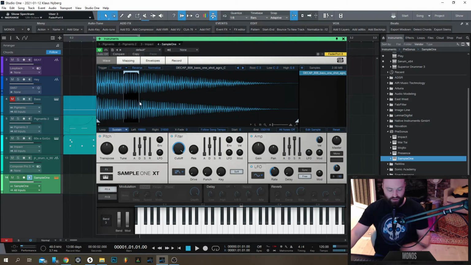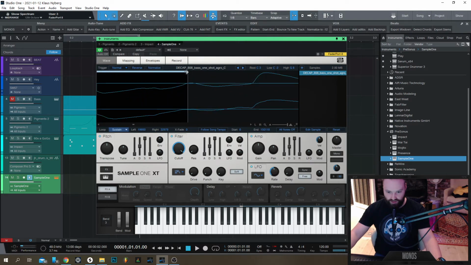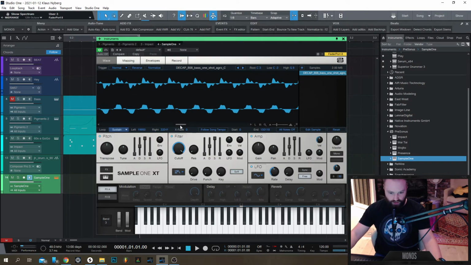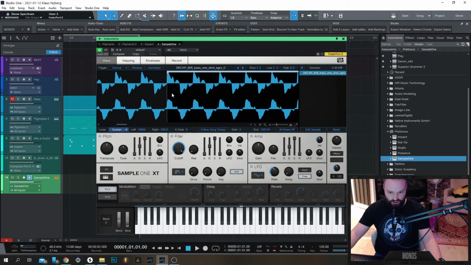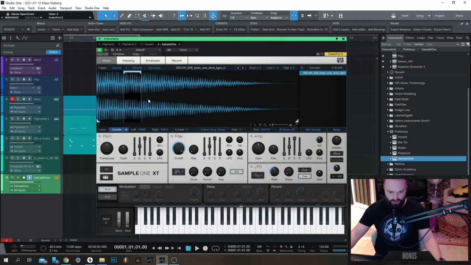And then I need to find a zero crossing. I should zoom in to find it. Say I find this one. Okay. Then find the first one. I think that might work. So if I now sustain the note,